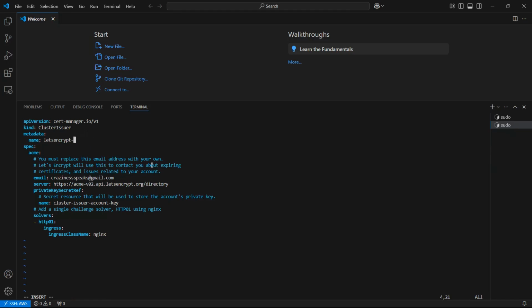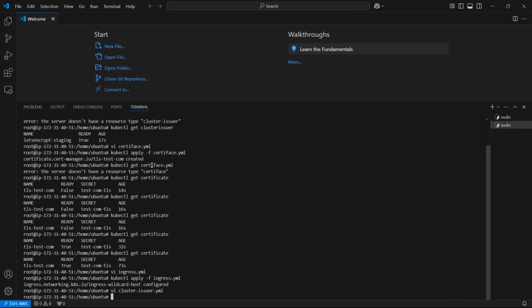And I'll rename it prod. Or let's make it a different way. I'll just copy the cluster issuer to cluster-issuer-prod.yml